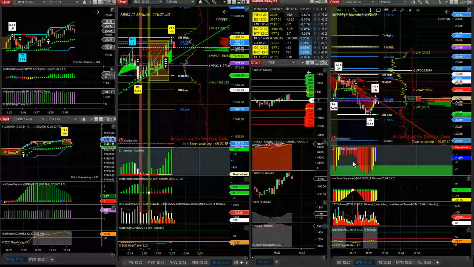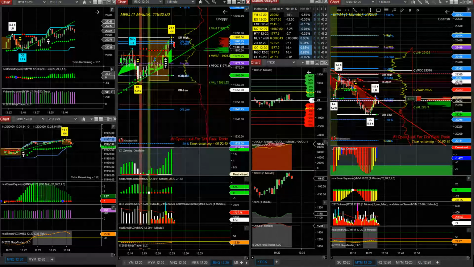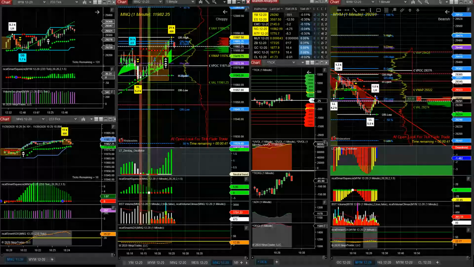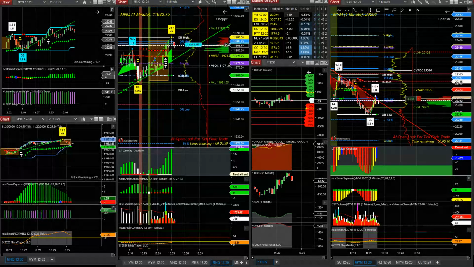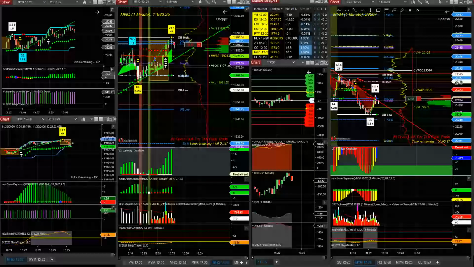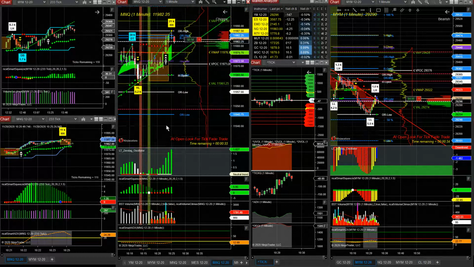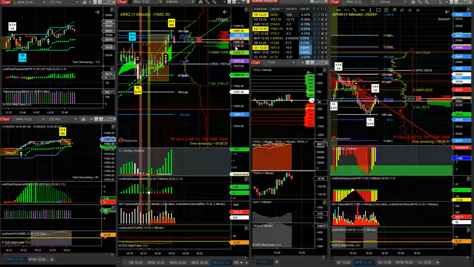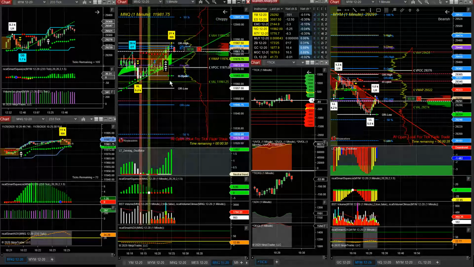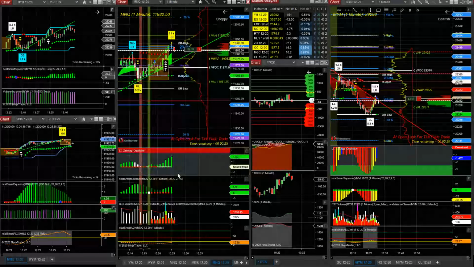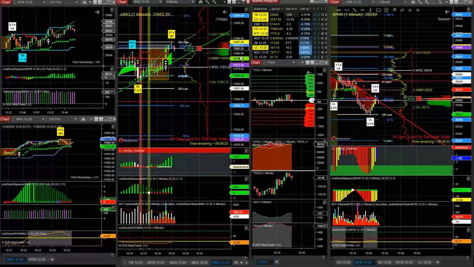But we could get a short play here. Miss it. I could take it anyhow here. Order submitted. Order filled. See what happened now. Counter trend trade, right? Got green dots. Momentum is to the upside.